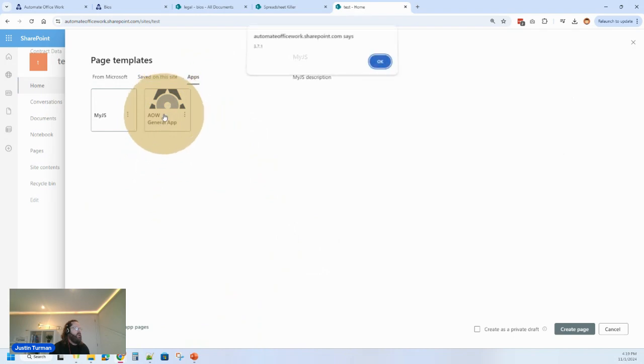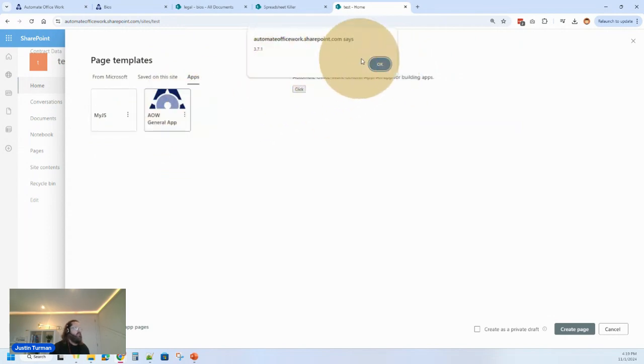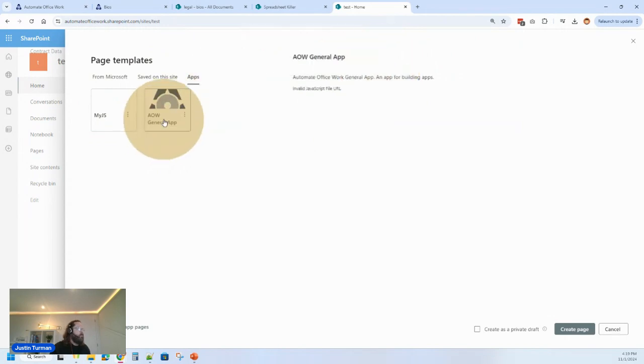And now I have two different web parts that I have created, called my.js and AOW General App. I'm going to click on that one. Yeah, I think it's my other web part. Okay, so when I choose this and I create a page,